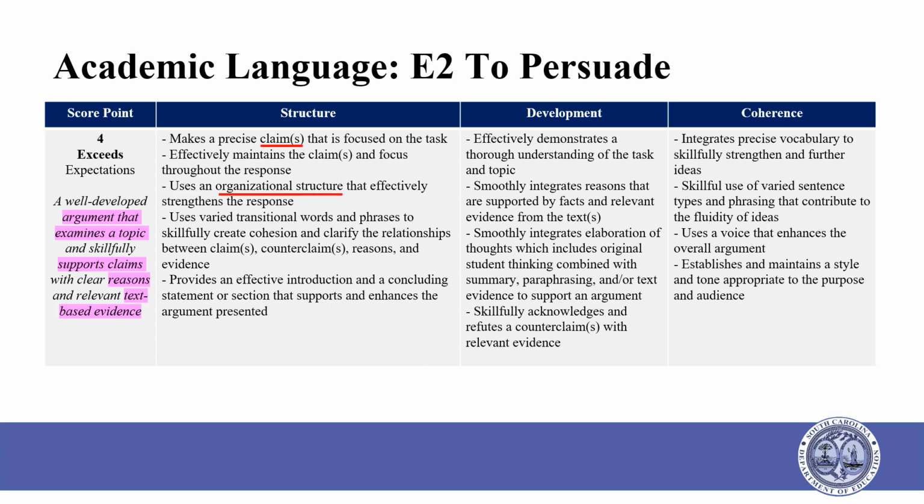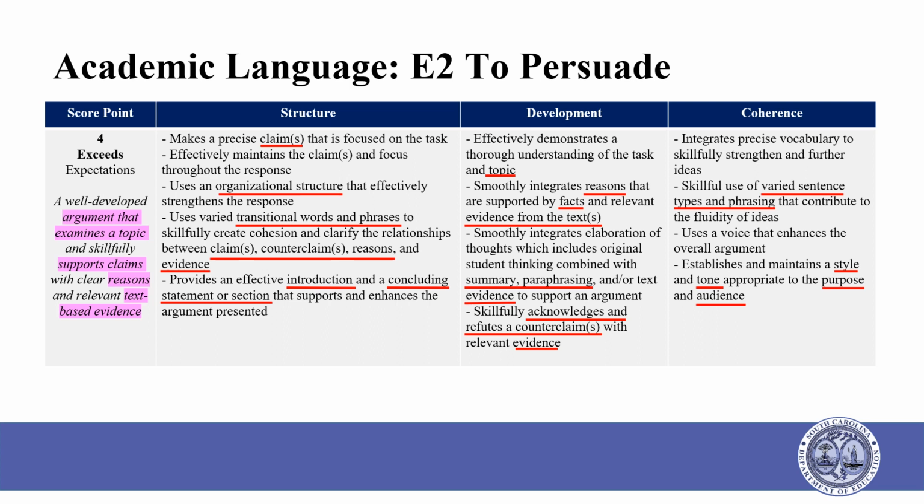Argument, claim, organizational structure, transitional words and phrases, claim, counterclaim, reasons, evidence, introduction, concluding statement or section, topic, reasons, facts, evidence from the text, summary, paraphrasing, evidence, acknowledge and refute a counterclaim, evidence, varied sentence types and phrasing, style, tone, purpose, and audience.